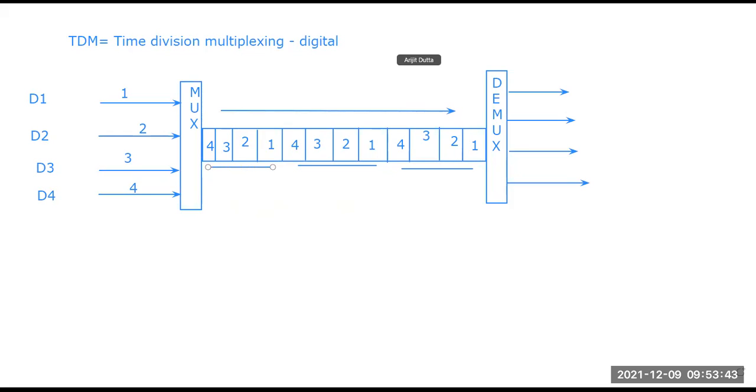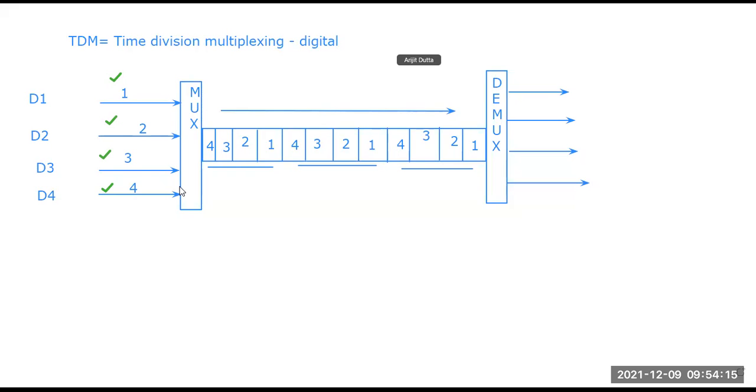Now, why am I writing this 1 2 3 4? The device one, that is the first device, this is my device 1. It is getting a particular time allotment in this bandwidth channel. Similarly D2 is getting the same, D3 is getting the same, and D4 is the same. So all the devices have a particular time space allotted in the bandwidth channel to process or flow their data.